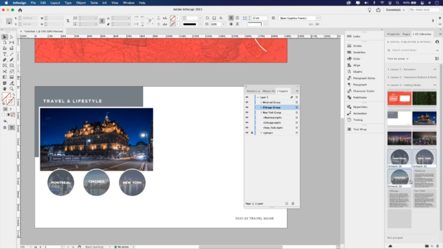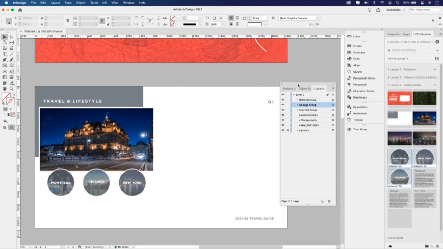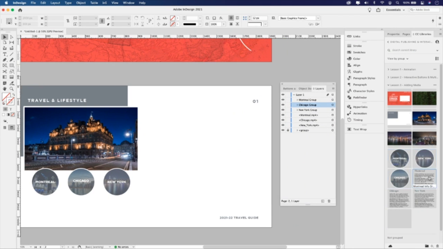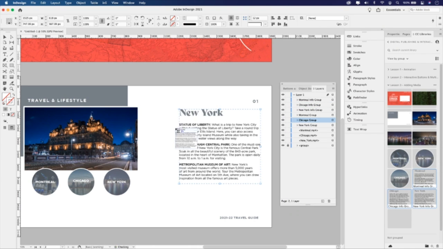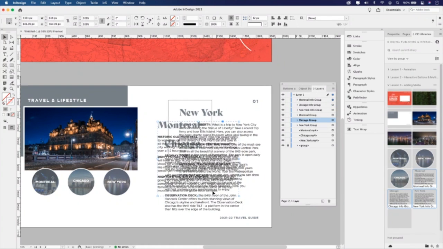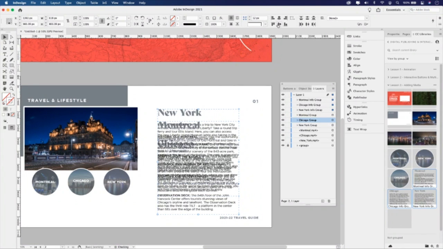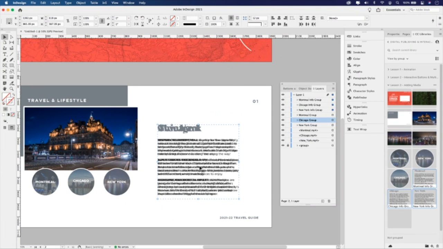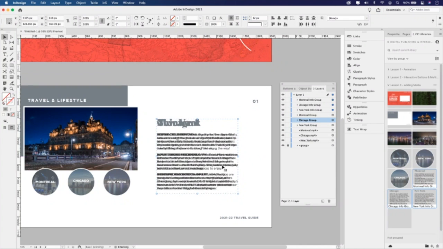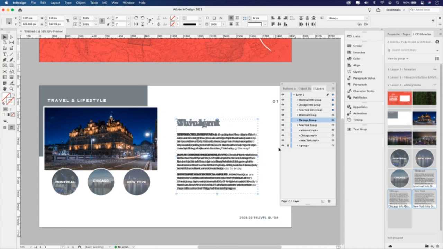And let's go ahead and bring in the pieces of information to go with these videos here. So I have Montreal, Chicago, New York, and let's drag them on the page. Click, click, click. Let's go ahead and drag to select all of them. Let's align the left edges and then center the vertical centers. And then just place it somewhere, maybe in the center point is fine. And you can see in my layers panel again, let's see how they're arranged here. Montreal, Chicago, New York. Perfect. So Montreal, Chicago, New York. That's exactly the order we want.